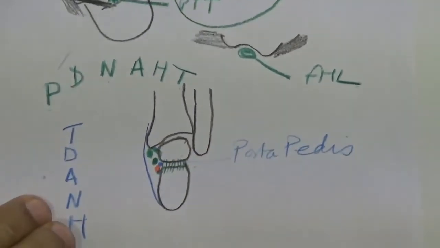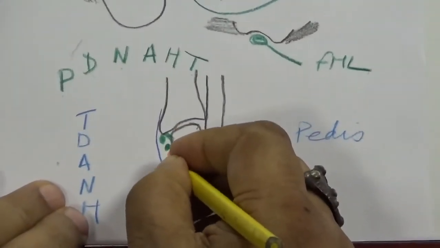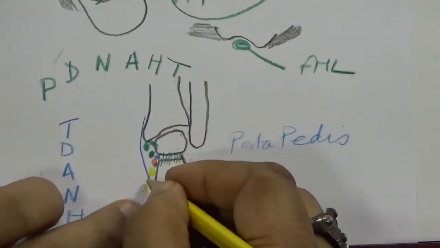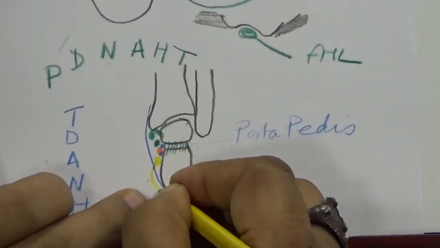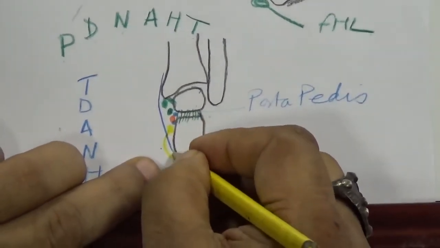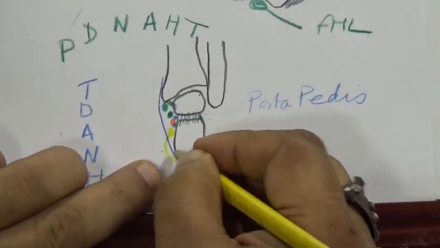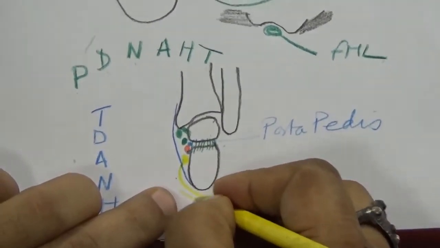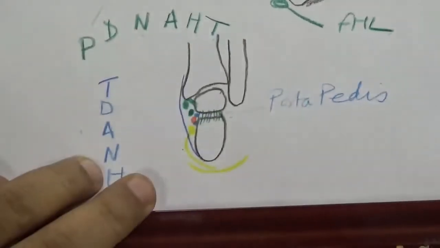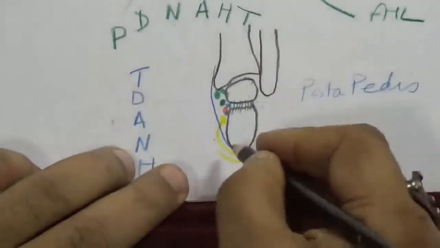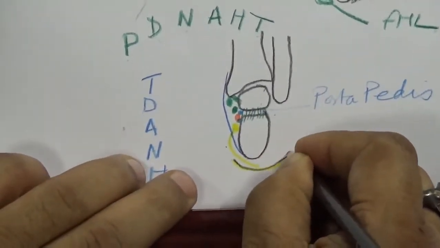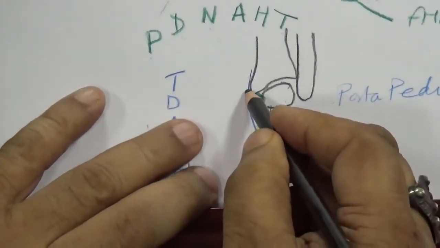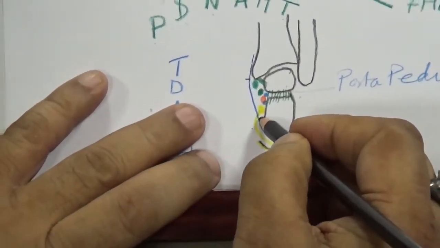Then you have the nerve. The peculiarity of the nerve is that it gives branches, the posterior calcaneal branches, which pierce the inferior part of the flexor retinaculum and supply the skin of the heel. It is a very important skin, because a lot of ulcers can develop here. So you always divide the flexor retinaculum here, not here.